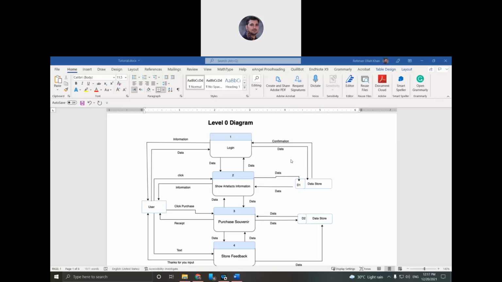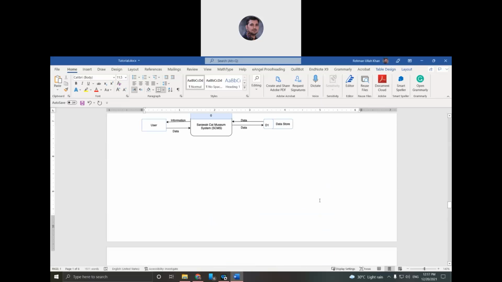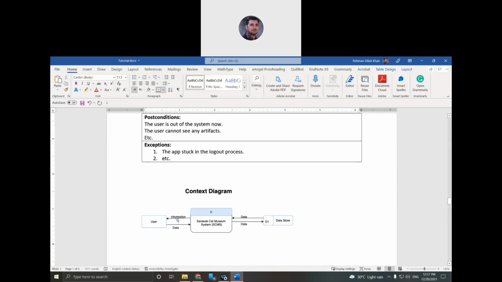And balancing means that if any data is present here in the context diagram, or any entity, it may be user, it may be data store. So here one user, one data store, and three data and one information. These are available in the context diagram.